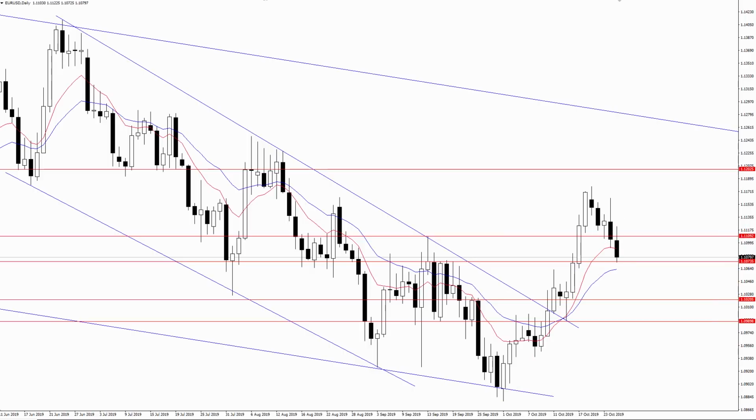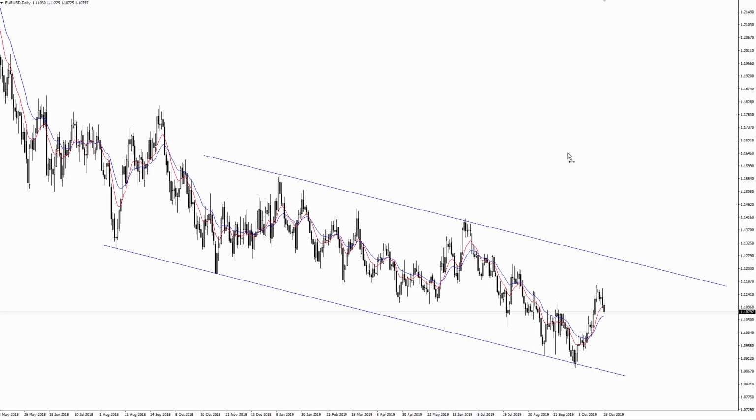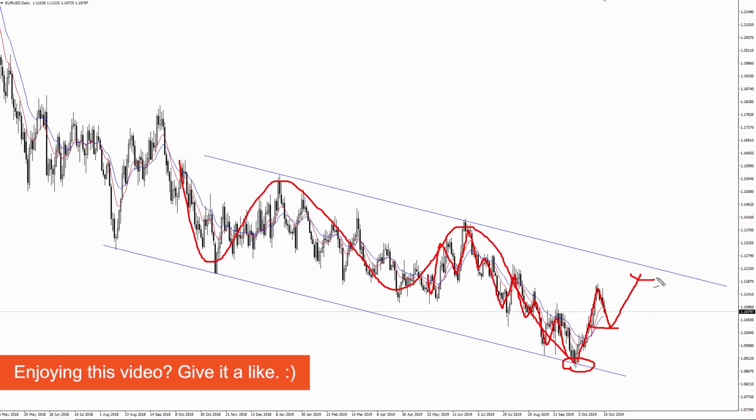So I do still think that the Euro USD could have more upside to go, especially as long as this descending channel on the daily time frame is intact. So this is what I've been discussing now for several weeks. And if we notice, the pair recently came off of 109 support that we've been talking about now for quite a while. It has since rallied 200 pips, but nothing moves in a straight line. Notice how choppy this pair has been for the last year or two. So this could just be a correction lower before we get that next push higher, perhaps up into that descending